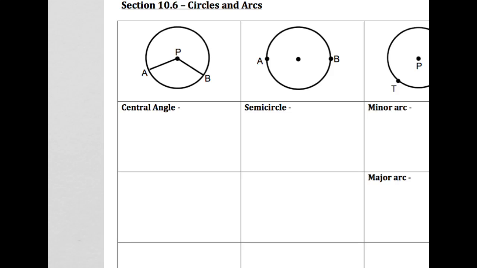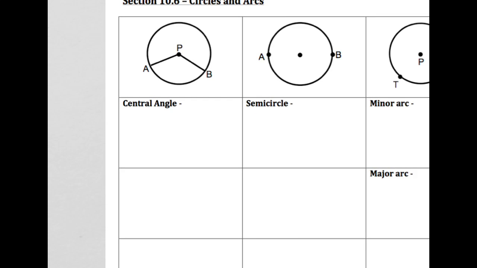So today's section is about circles and arcs of circles. We've talked about central angles before with regards to different polygons, and that was just an angle whose vertex was at the center of the polygon. So much like those types of central angles, a central angle of a circle is exactly the same. This is an angle